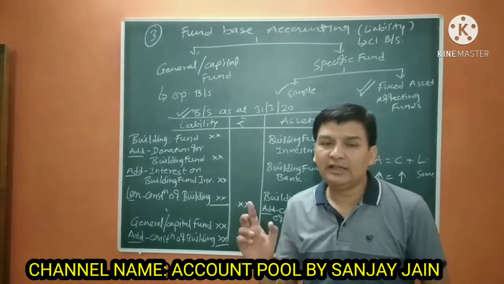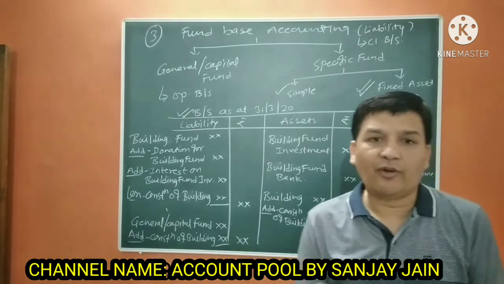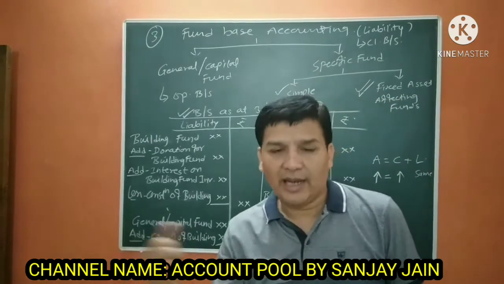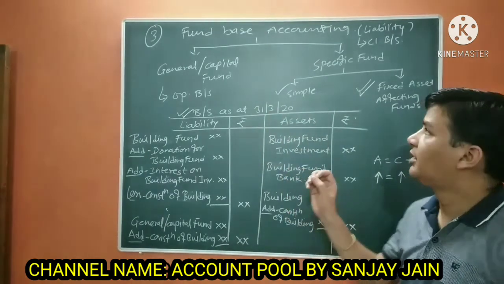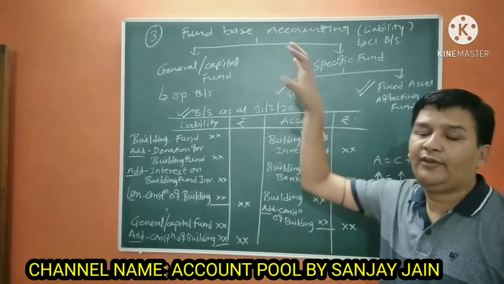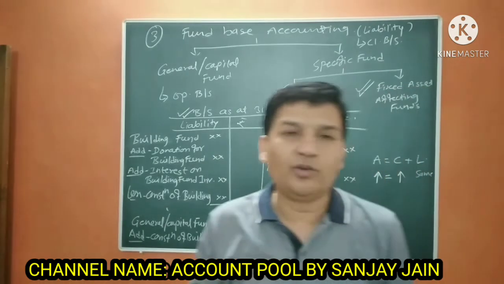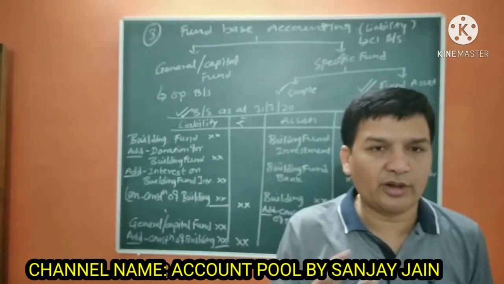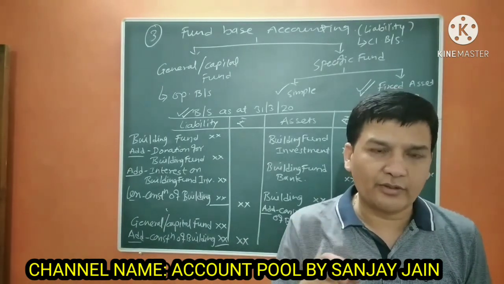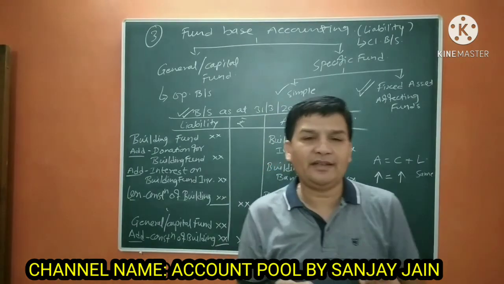First one is income received or expenditure incurred for the current year. Second one is material consumed, and third one is fund based accounting. If you know all three things clearly, you are going to have NPO properly. That means you are not going to commit any mistake. Just one or two adjustments you have to keep in mind. Otherwise, it is very easy.